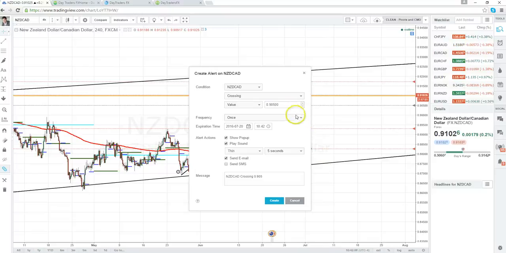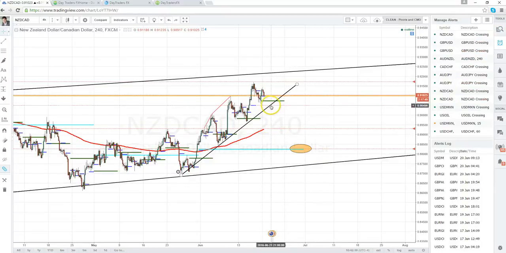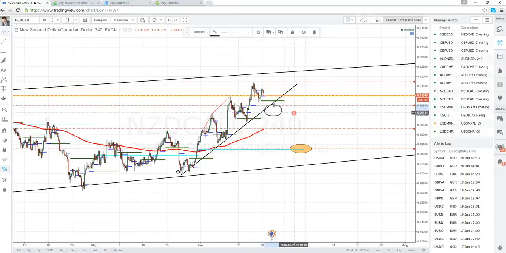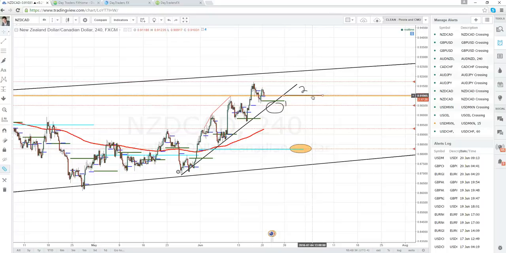If it does break below 90.50, I'll also be receiving a trend line alert to go alongside that, and that will help us determine where we want to take some action. Like I said, this pair does not like to trend, and it likes to find a lot of balance. So if it does break the trend line, that is good for our confirmation, and I think we're going to be using a couple of entries here to start relatively small so we can add to that position